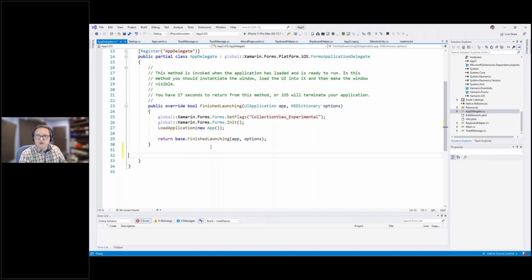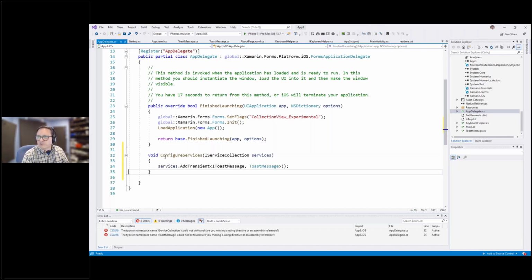One way is to define, what did I just do? You can define just a simple method called ConfigureServices. It'll get passed in an IServiceCollection, which,